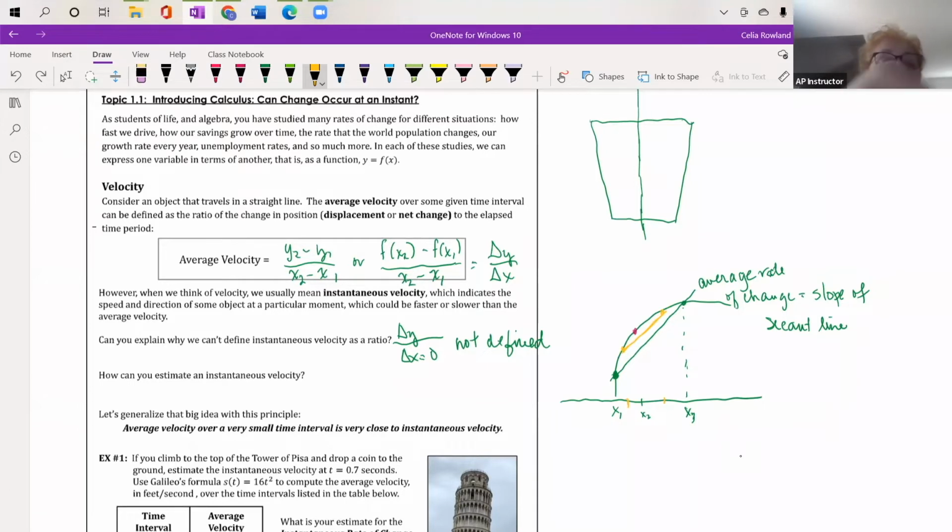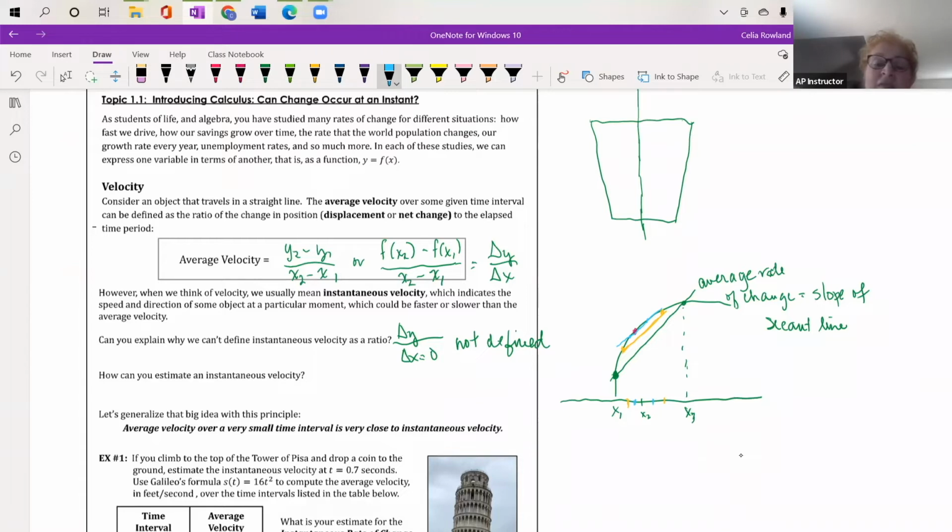And then I'm going to keep getting closer and closer. So I'm going to do another one, and I'm going to take half this distance here and half this distance here, and I'm going to go up and find where's this point here and where's the point here. And I'm going to draw another secant line. Now I guarantee you, even though my graph is kind of crummy, I'm still under that point. And so the closer and closer my secant lines come and I shrink that distance, then I get